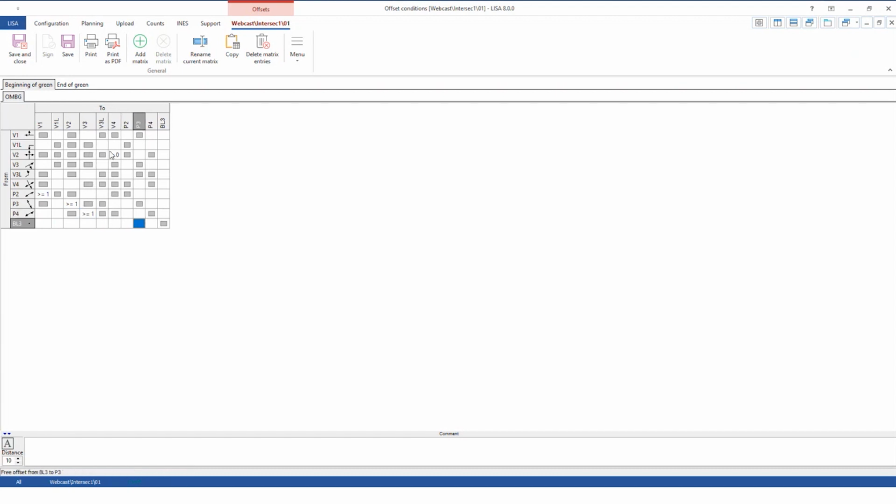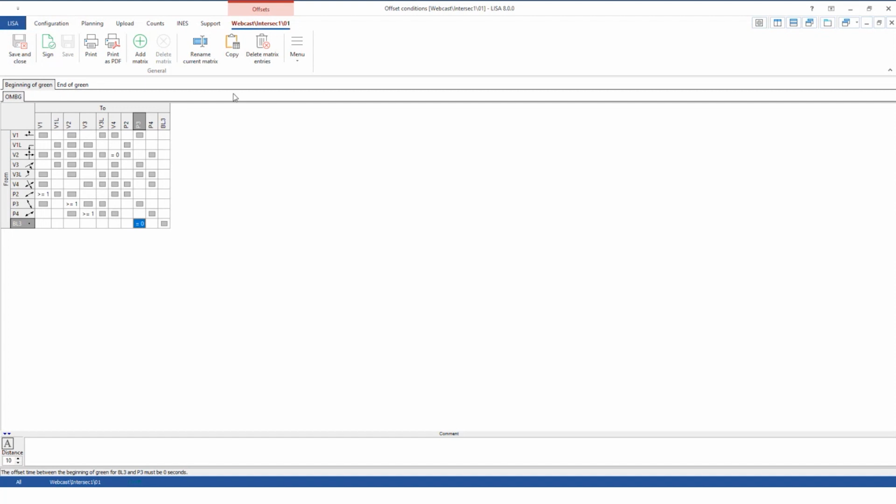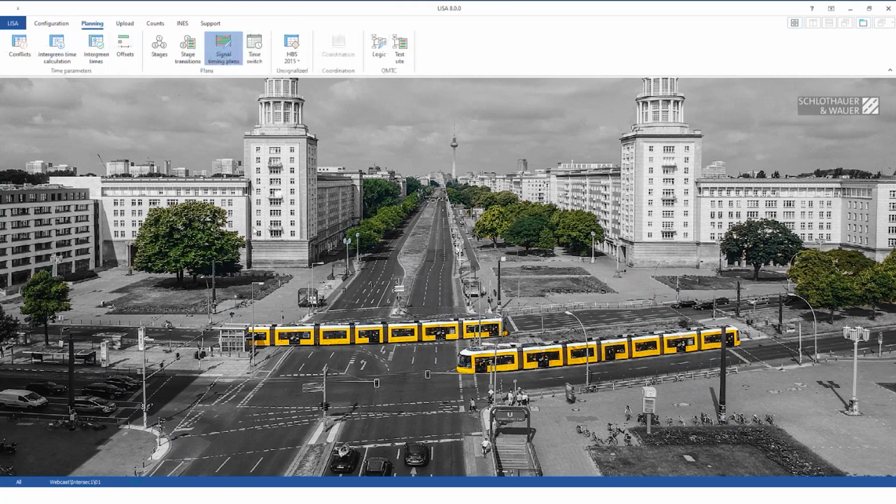I would like to have this signal, the blinker signal, always start at the same time as the pedestrians it's supposed to protect. And then, of course, also when it ends, it should be, I don't know, blinking for some 13 seconds. So with these matrices,